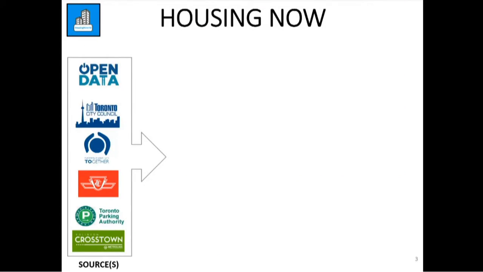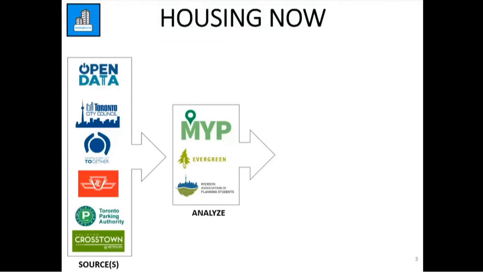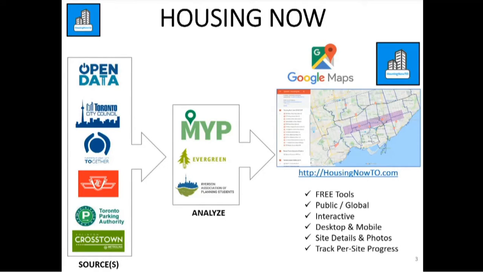In the 7 weeks since you announced these sites, we've gone to your open data site. We've also scraped stuff off your council site, your city planning site, the TTC, the Green P Parking, and the Eglinton Crosstown. We worked with folks at Map Your Property using the Evergreen calculator as well, and students from the Ryerson planning program. And we've created